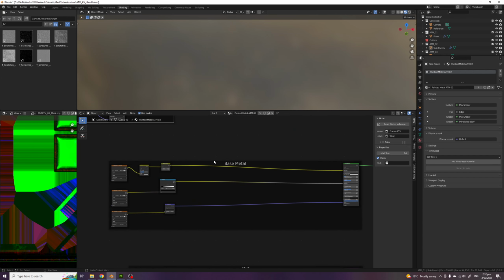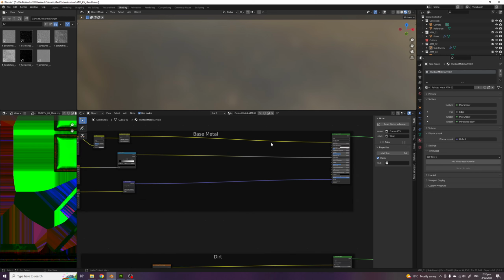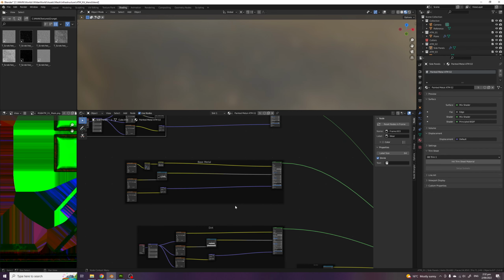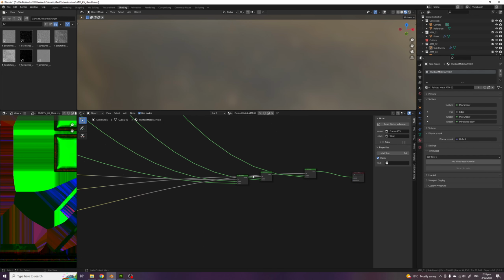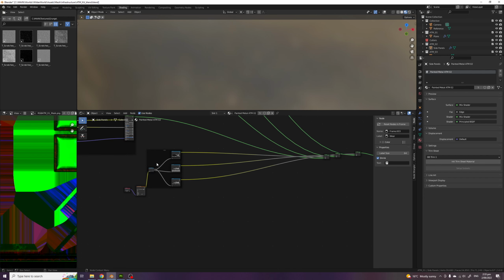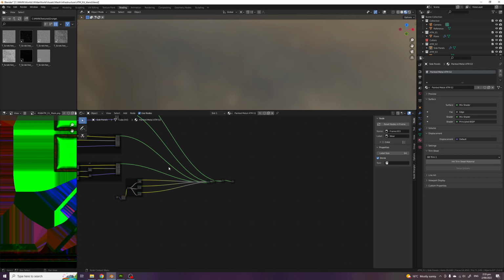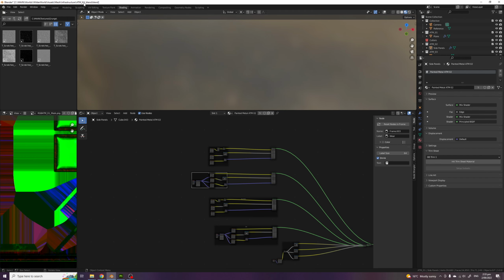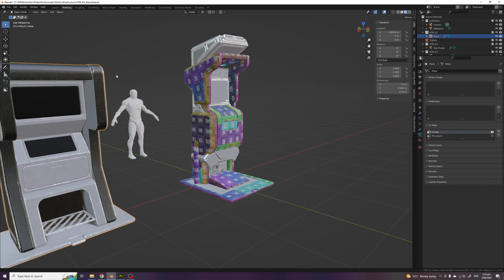Our base metal, which is reflective metal. Well, it's a painted metal, so metallic's turned down, and then a dirt, and they just go through the mix shaders. The factor obviously is where you get the masks driving the blend,